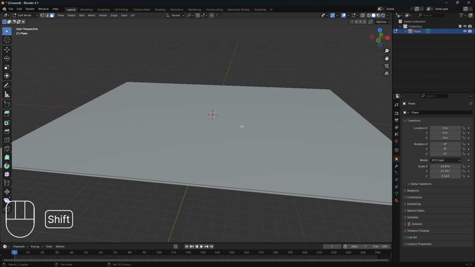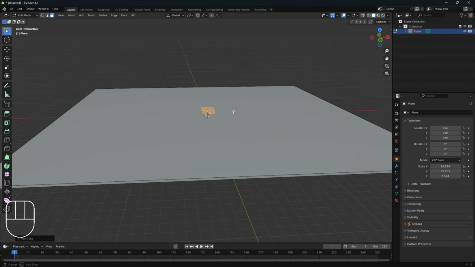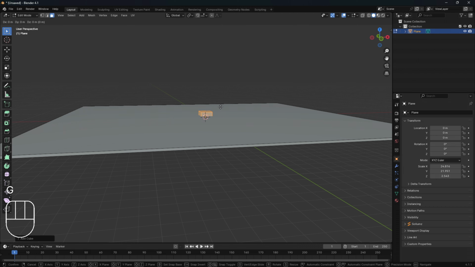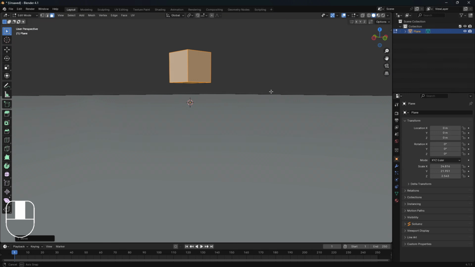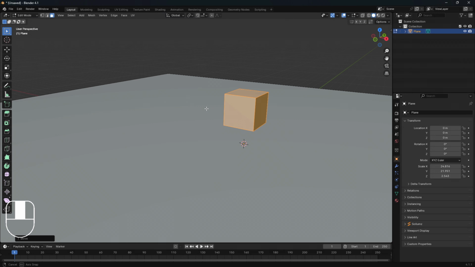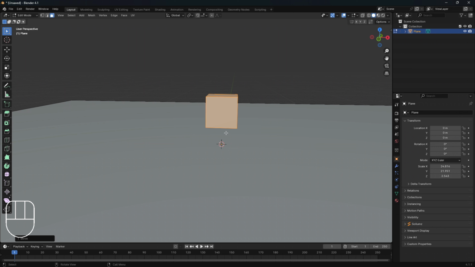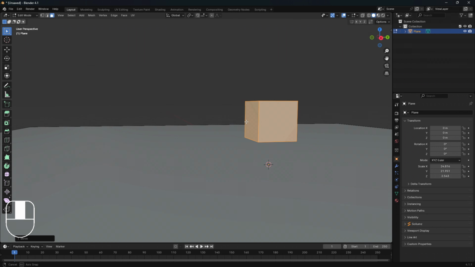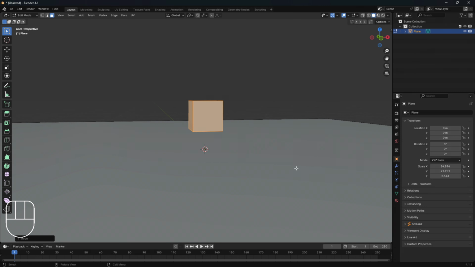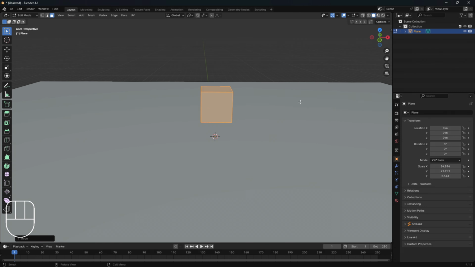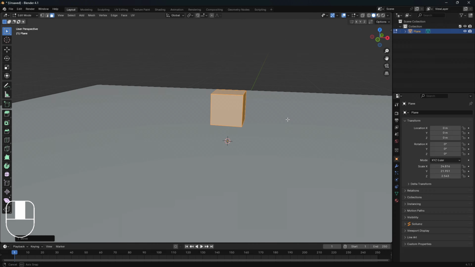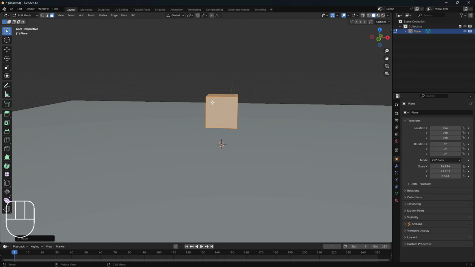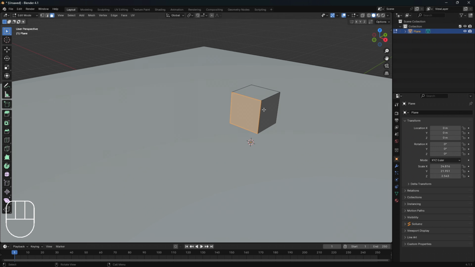If for any reason you are in edit mode and you add another mesh while in edit mode, what you can do, let's just bring this up for a second. I'm going to press G and Z so I can just bring it above the floor so that we can see the full cube. What you can do, like say you want to separate this and put it in its own category, give it its own label, separate it from this plane mesh, or what this is now some sort of a cube. If you want to separate it from this, what you can do is make sure you have the entire